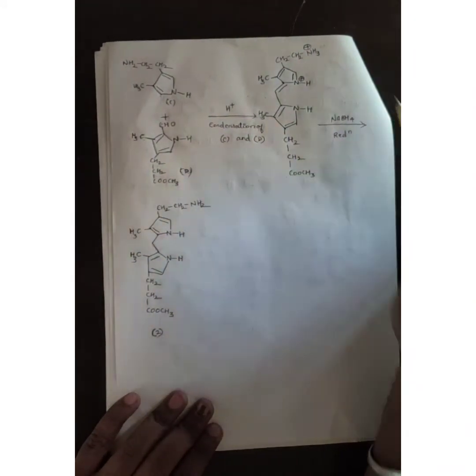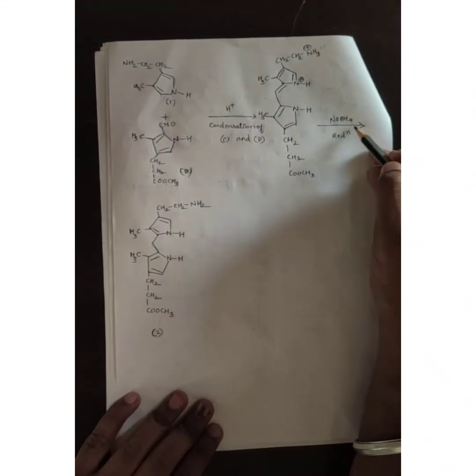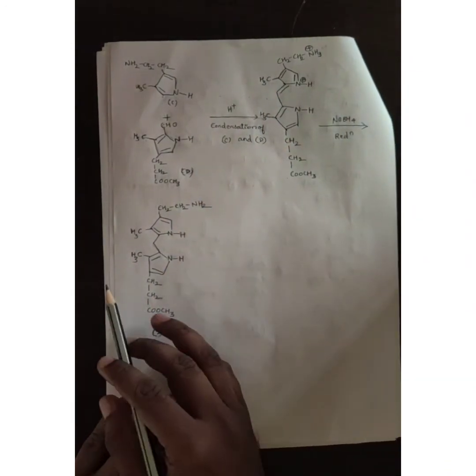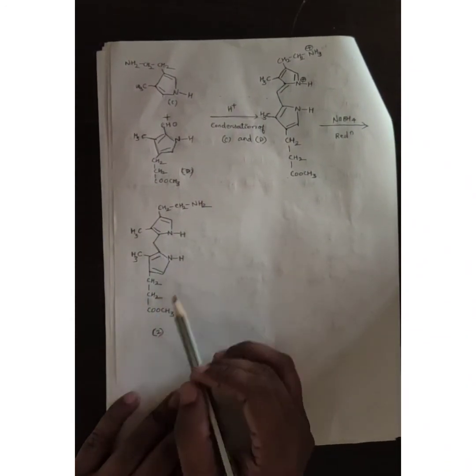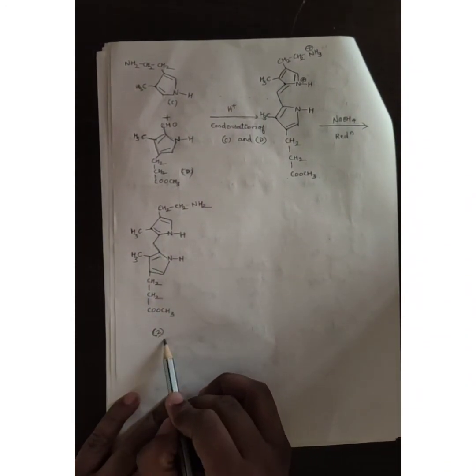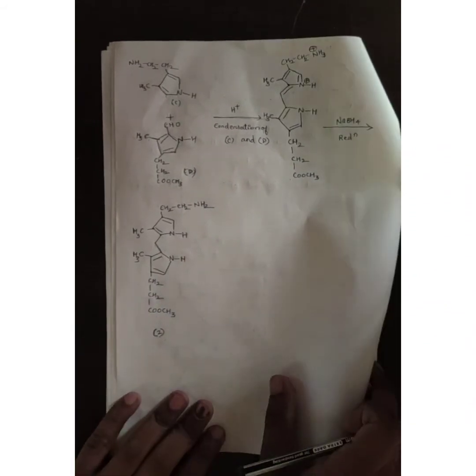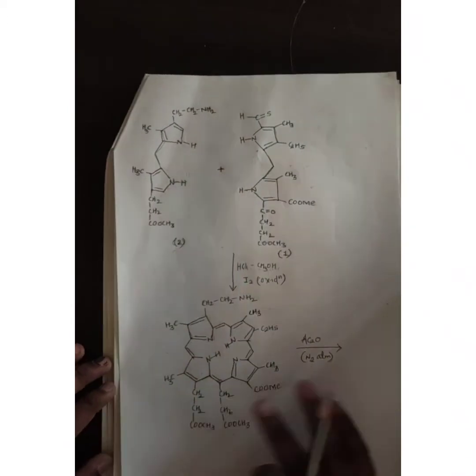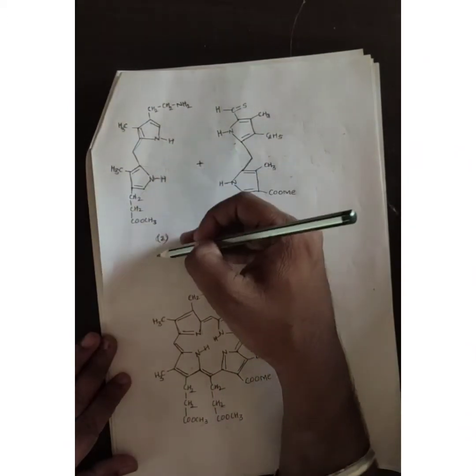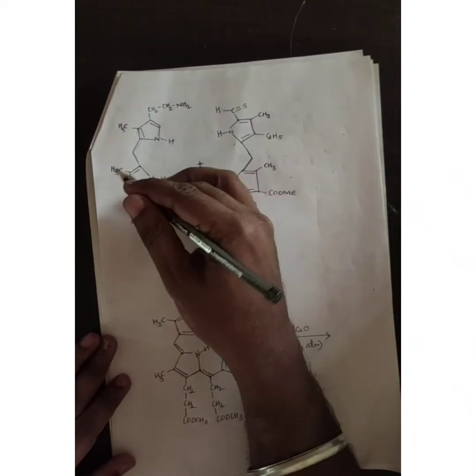So this is a condensation process. Further, when you treat with NaBH4, this double bond is just reduced. That's it. Double bond is reduced and you will get structure 2. Once you complete structure 1 and 2, you just have to go through the further process. You can write 1 and 2 if you want. For your understanding, I have written the whole structure. In the exams, you can just write 1 plus 2.